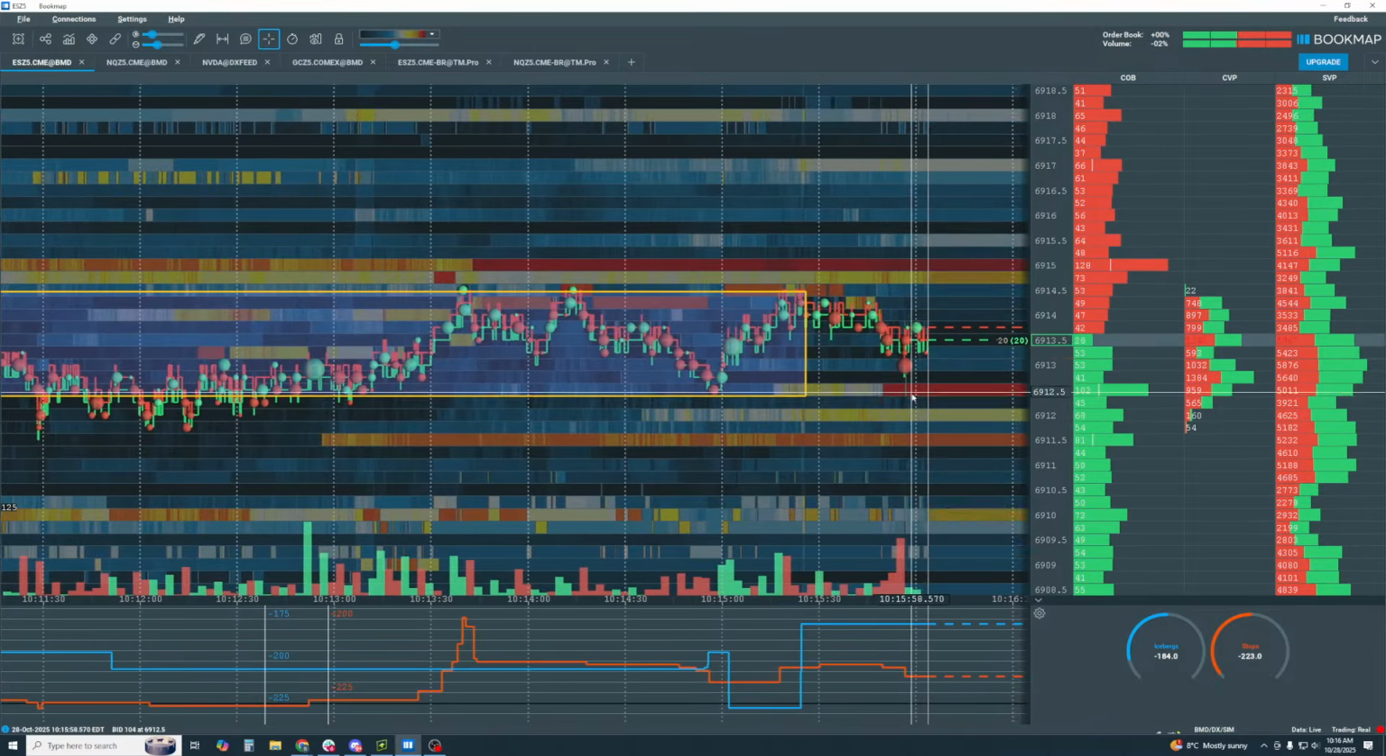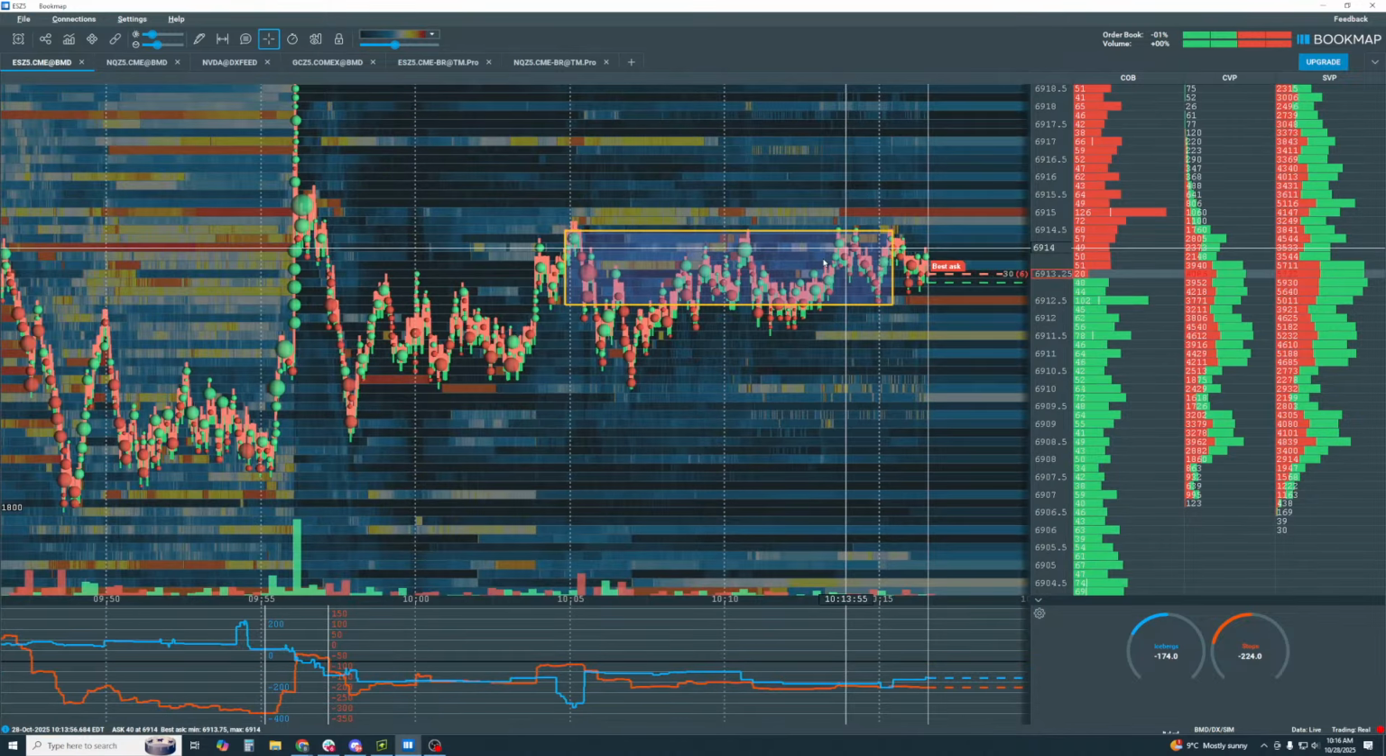Okay, we need buyers right here, and let's see if we can get that move up into here. If not, and we trade into the high liquidity down here at 12.5, we might break that. Okay, we're getting pretty close to breaking here. Anyway, wanted to show it in real time, but we might have to go back and take a look at maybe